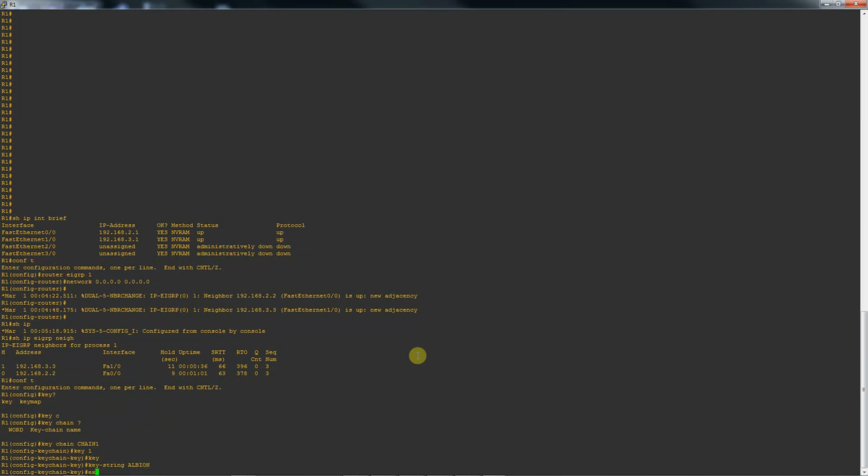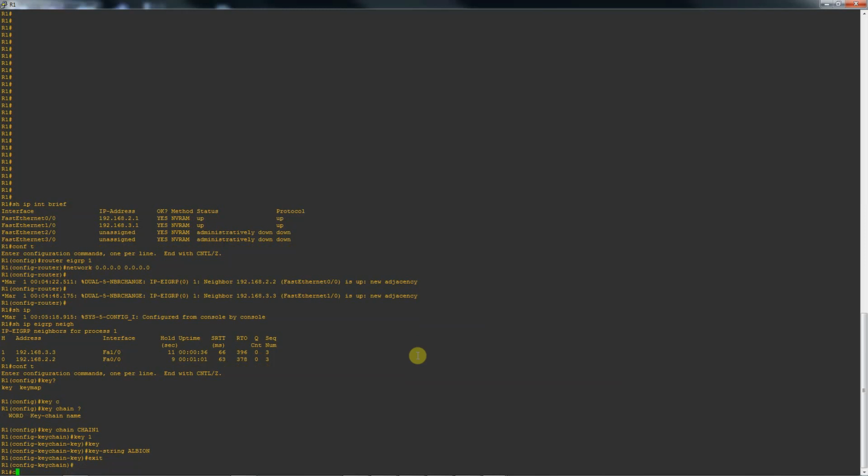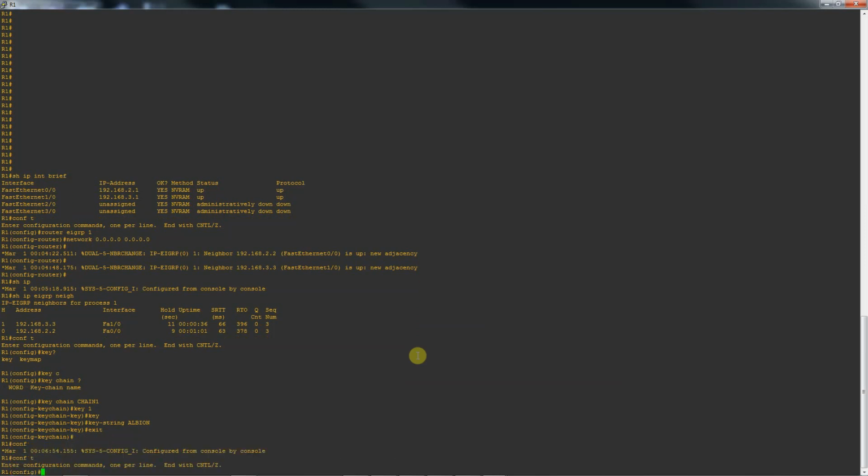I'm going to set up the second key chain now as well. So we just do the same process again. Key chain,